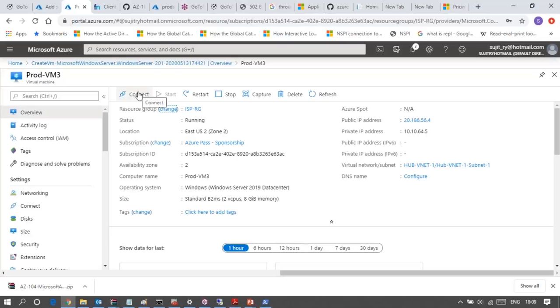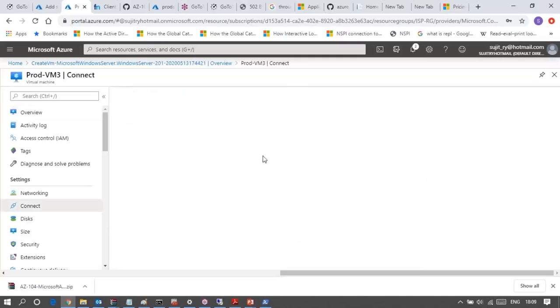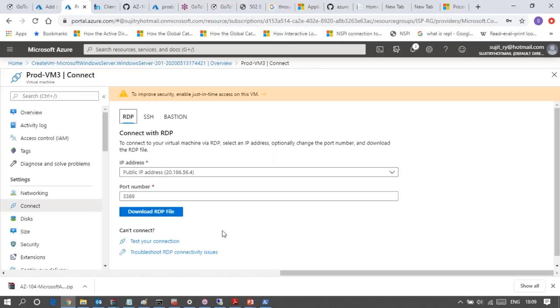And there is an option to connect. I'm using RDP. Download the RDP file if you wish to connect. This is the public IP.